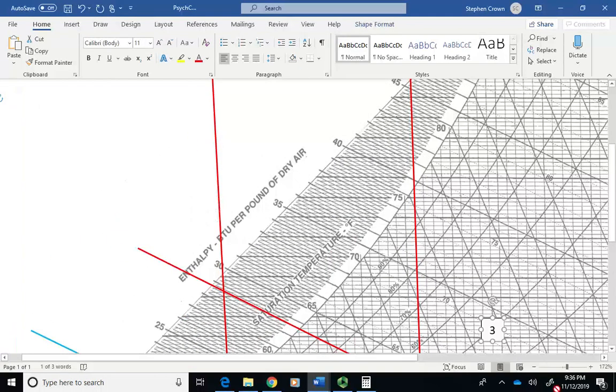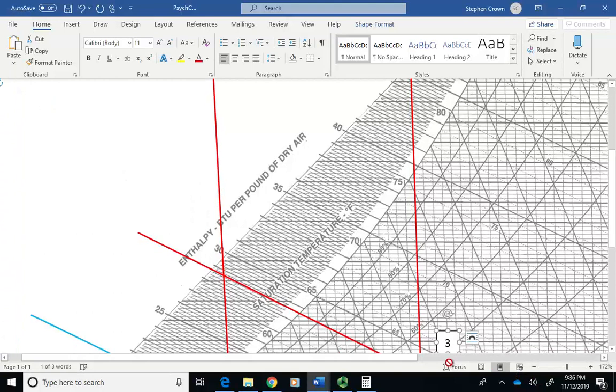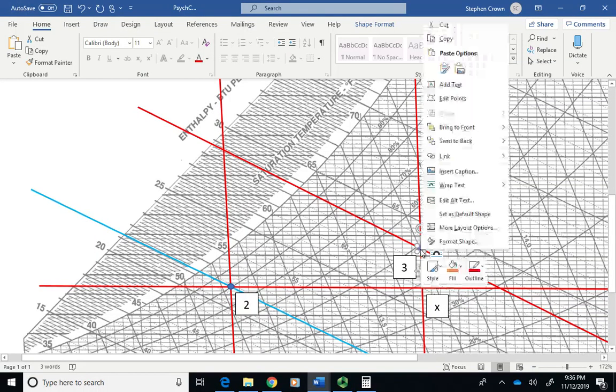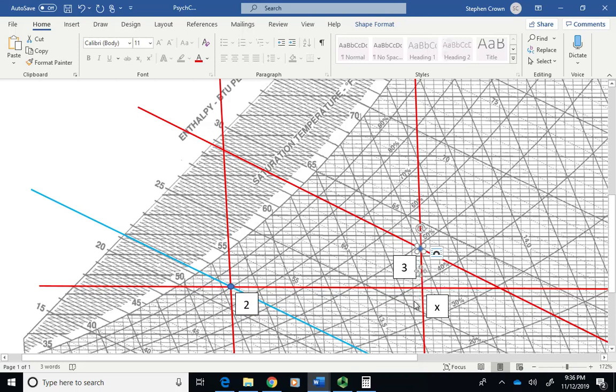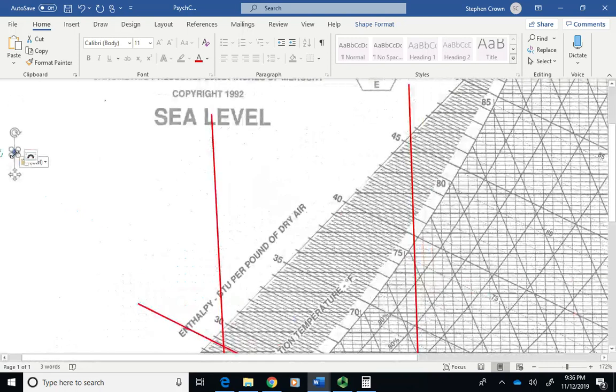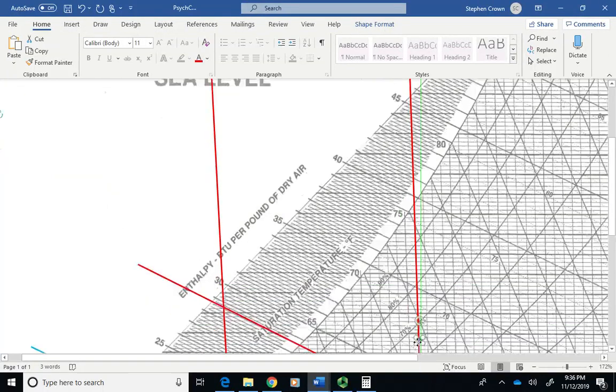Unfortunately, it likes to move around. Okay, there's state X. Don't know why it likes to go to the top of the graph, but